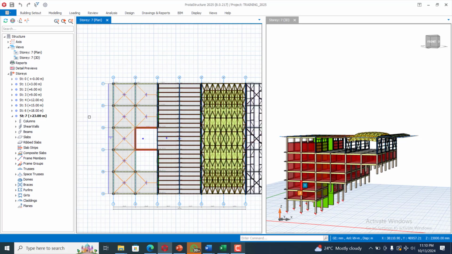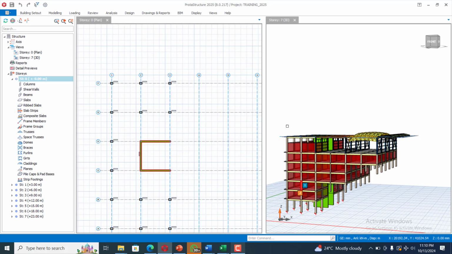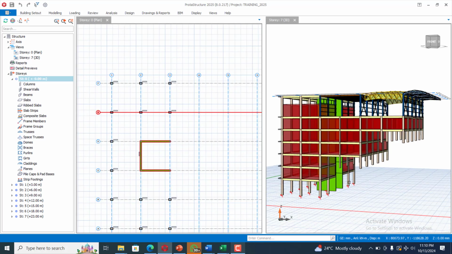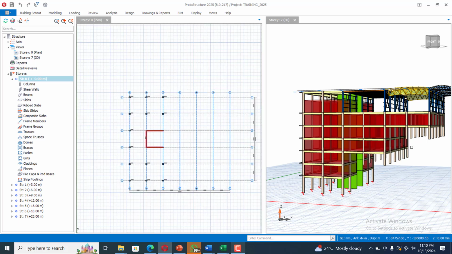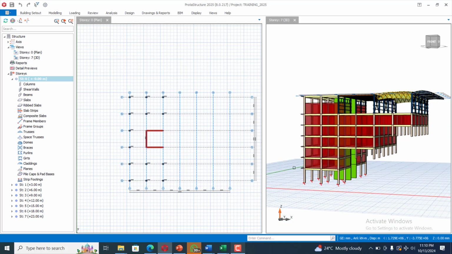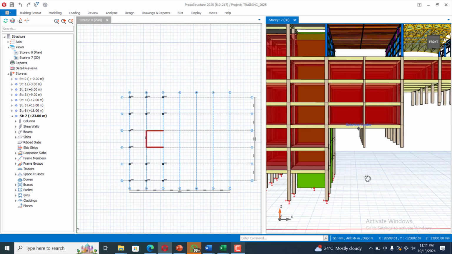Okay, so we are here. Let's come to our story 0 and see what we have. Good. The only thing I'm seeing here is just these ones. As for these ones, they are not showing down here. So all we need to do is just to select them,